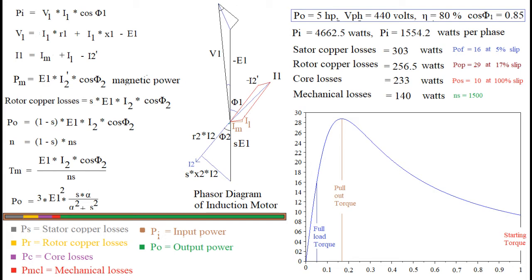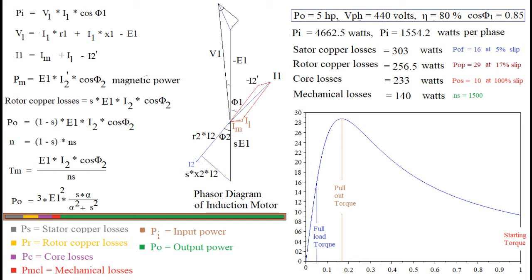Both equations for torque and output are simplified forms from same original equation. Further, output equation has a constant part and variable part. Variable part is with respect to speed or slip. The constant part may be modified depending upon whether turns ratio between stator and rotor phase turns is 1 or other than 1. And secondly, it may be modified for value of ns, synchronous speed. Both turns ratio A and synchronous speed ns are constants for any load.